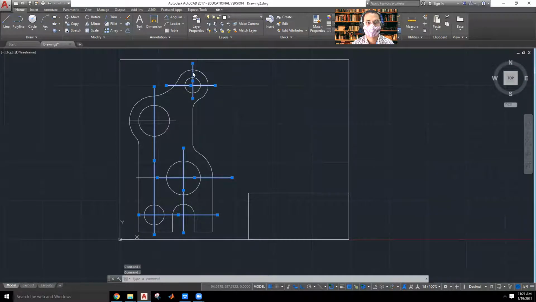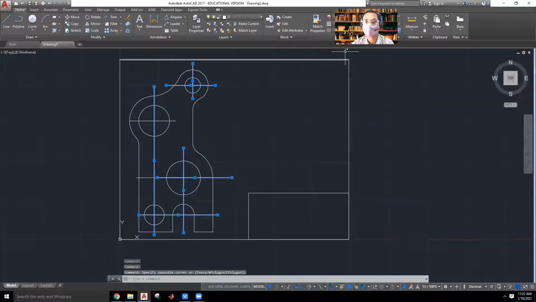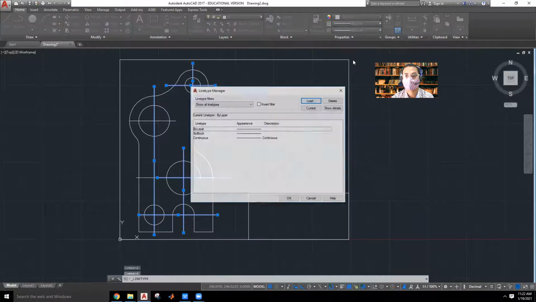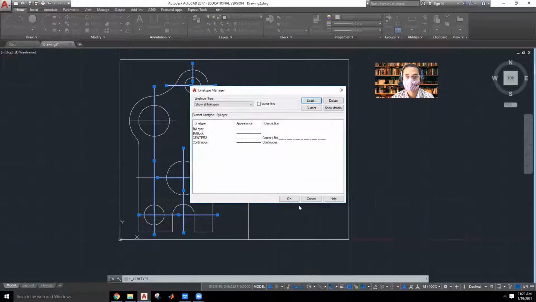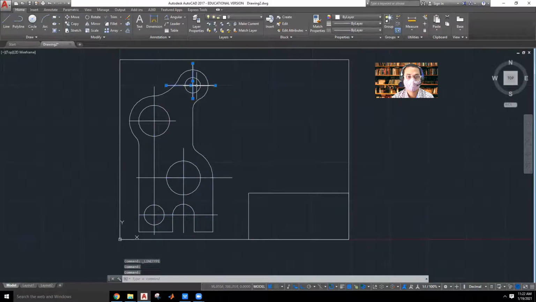These lines, just right click properties. Before clicking on properties, you make sure that you have added these things here. Click on line type, click on other. You have an option called load. This is with respect to alphabetic order. I click on C so that I'll get the center. I want center at 0.5x. So this has been added. Click on OK. Then I will be selecting all these lines in order to generate these things.